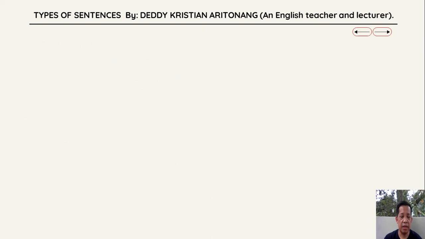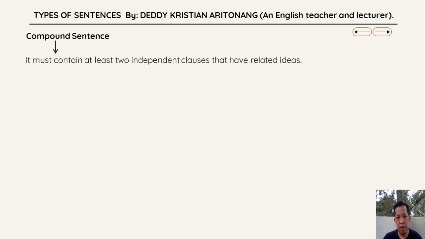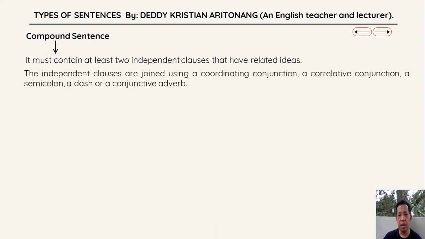Now, the second type of sentence that I'm going to share with you is the compound sentence. A compound sentence must consist of at least two independent clauses. These two independent clauses should have related ideas. They have to connect to each other. And you also need to understand that the independent clauses in a compound sentence can be joined